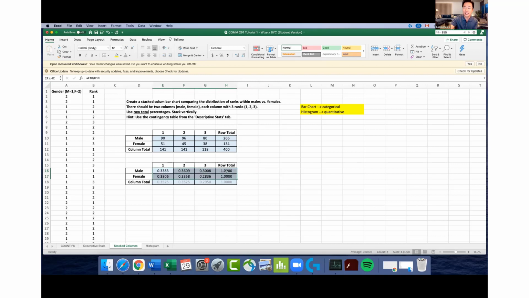So these are percentages. And the question now is we're going to do a stack column bar chart using these percentages. Okay, so what I'm going to do is I'm going to highlight these cells. Actually, I'm not going to include the row total. Just highlight these ones. And Excel should be smart enough to figure out what kind of graphs it may recommend. So what I do is now go to